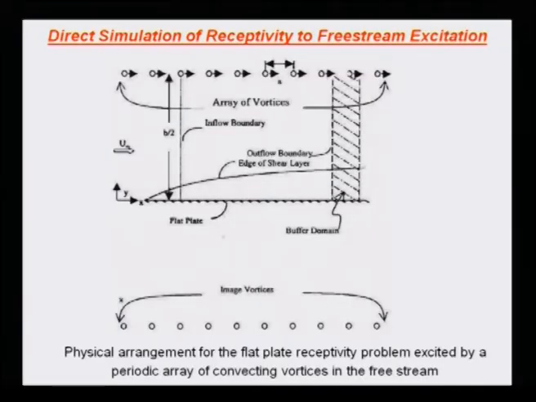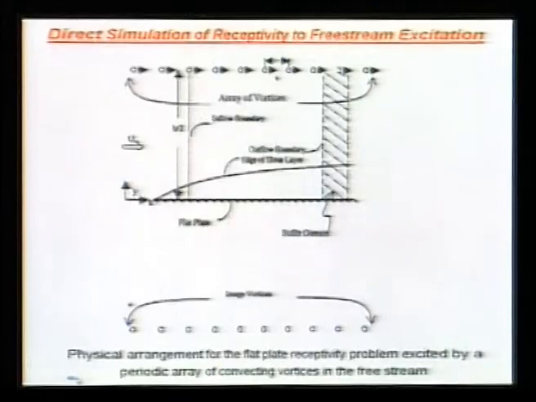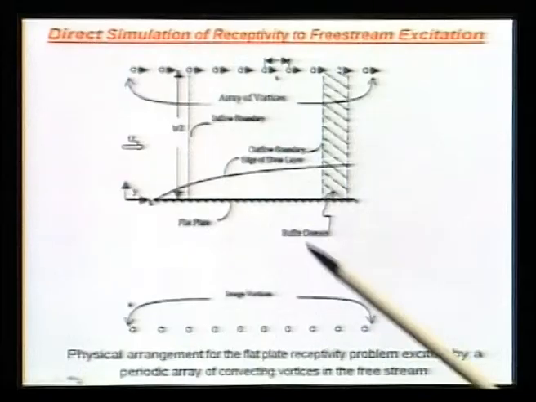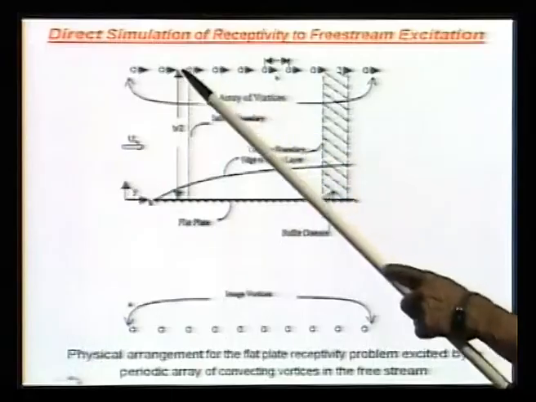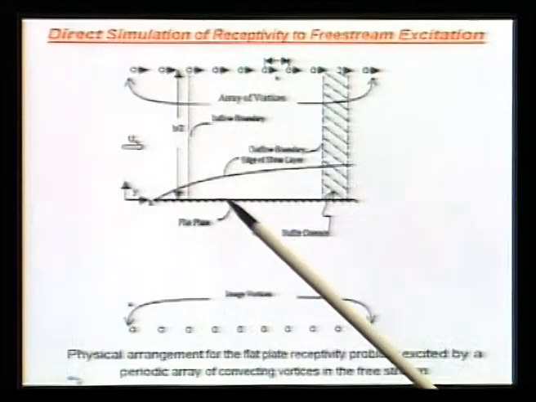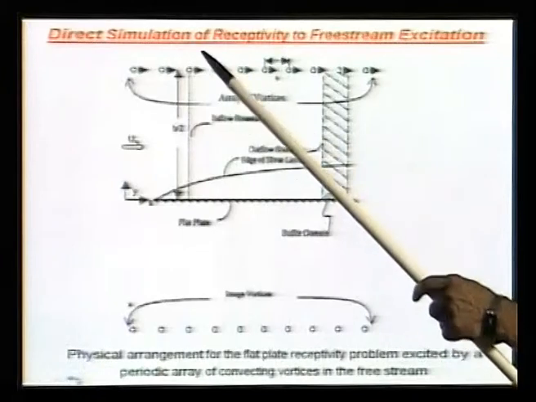So with this problem, we can go ahead and solve this. We have seen that free stream excitation is capable of creating both downstream as well as upstream propagating disturbances. However, when we compute, let's say, the Navier-Stokes equation, I could create a box like this. I cannot do the whole thing. This could be a semi-infinite plate anyway. So we would be restricting ourselves to a finite size box. So that's the inflow of the box.